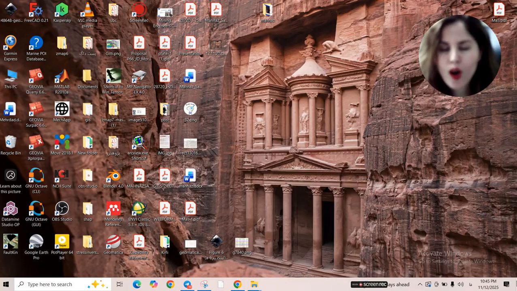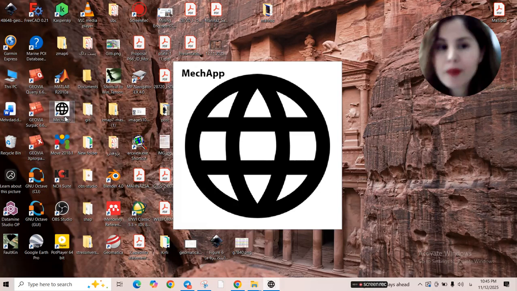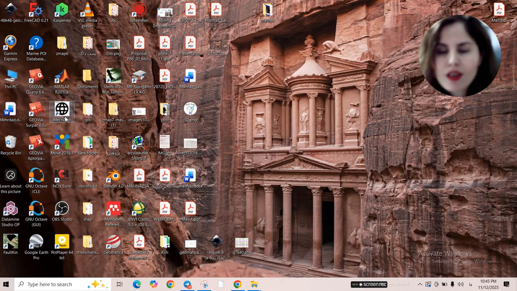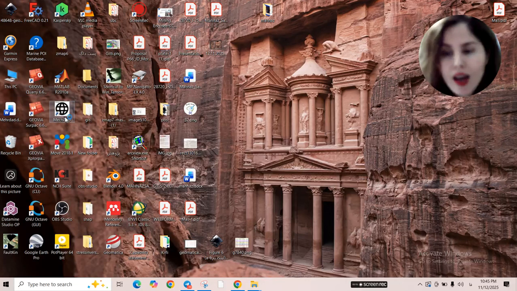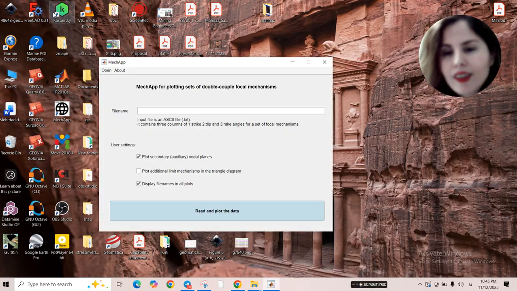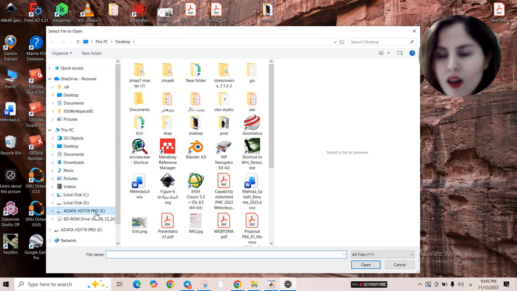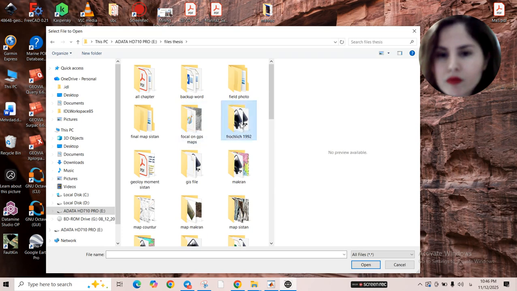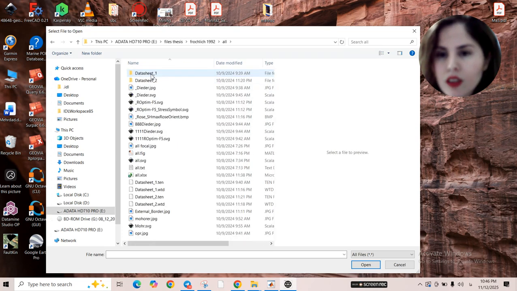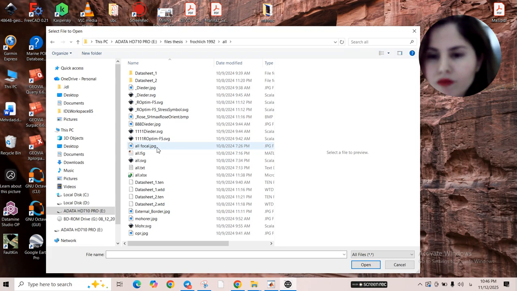Today in this video I want to quickly show you how I use MechApp to plot focal mechanism. First, open the app and then load your data. I'm just gonna open random